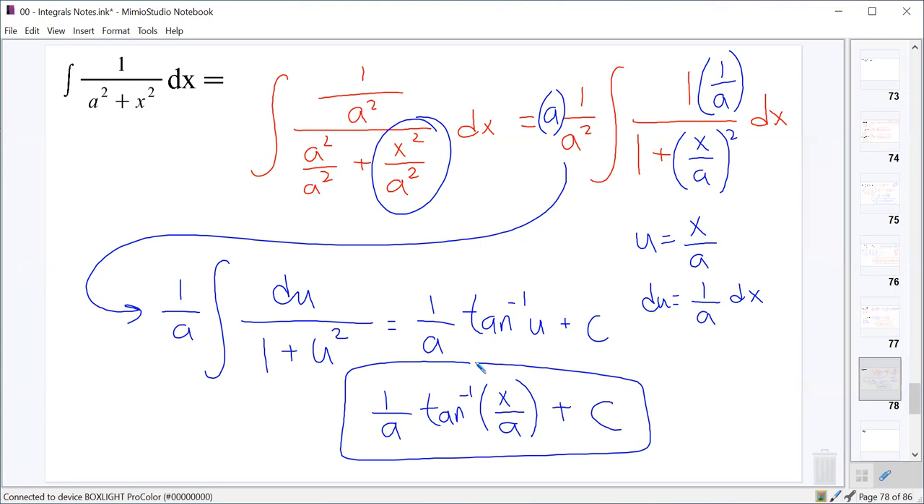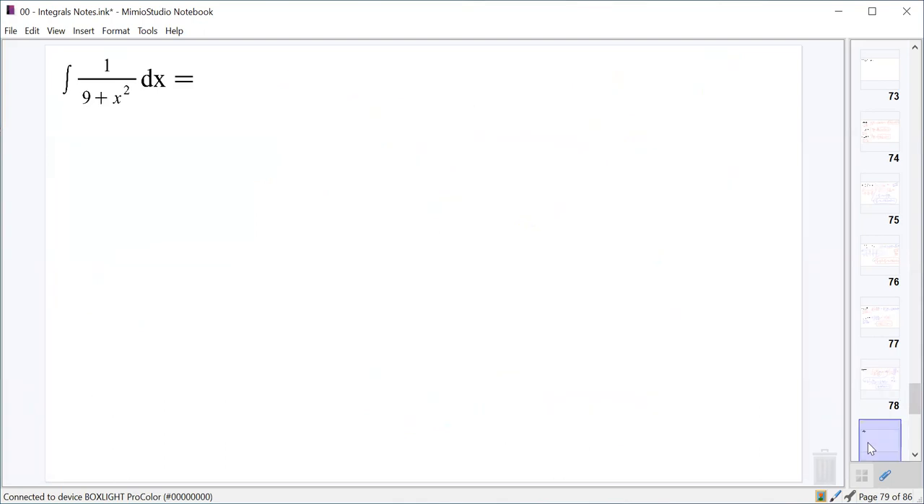But if you had a problem where you had something in there for the a squared, for example, let's say we had a 9 in there, we could either just use the formula, or we could go through that same process. We'd divide everything inside of it by 9, and then simplify it down and do that same sort of u substitution. But since we can recognize that this is of the form 1 over a squared plus x squared, where a must then equal 3,